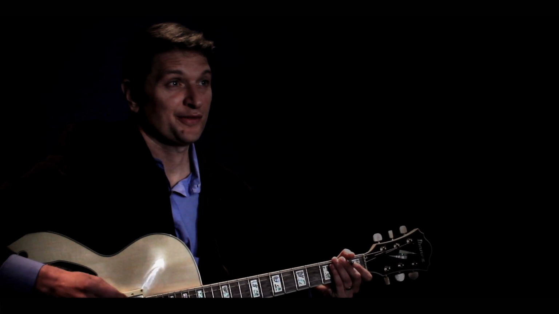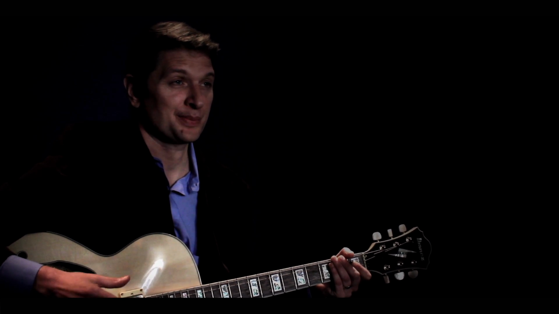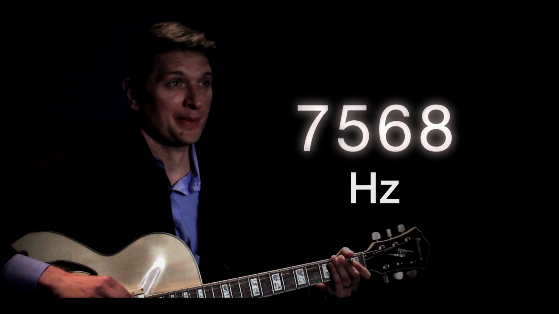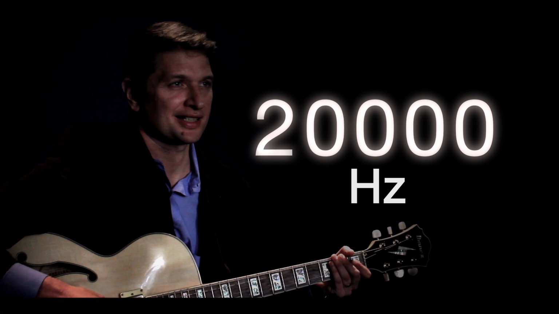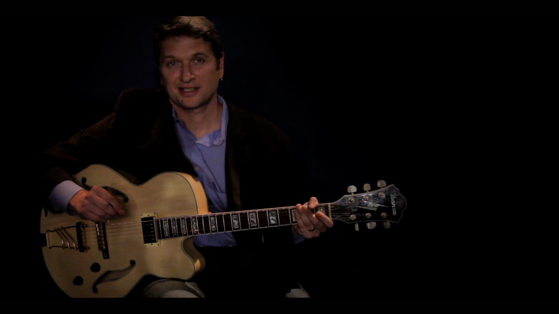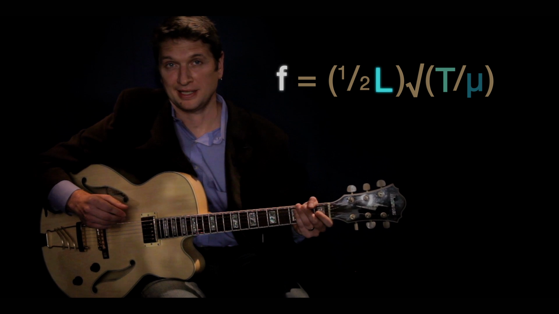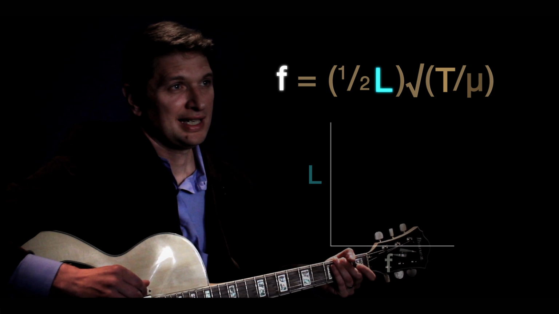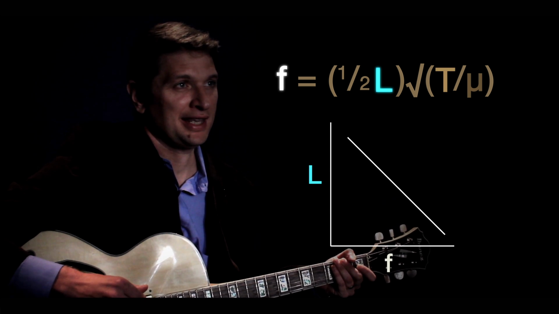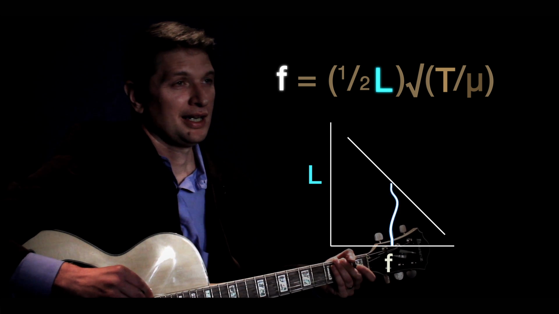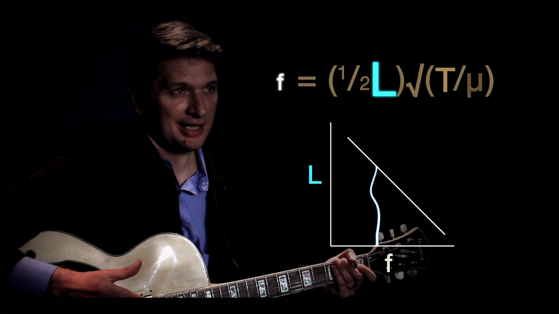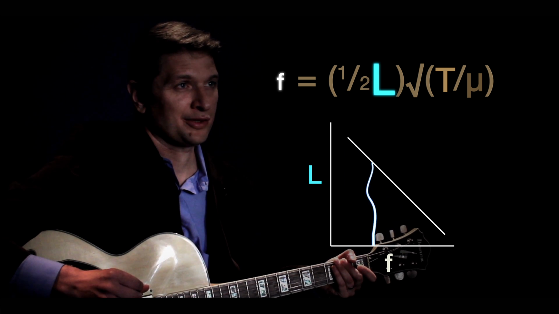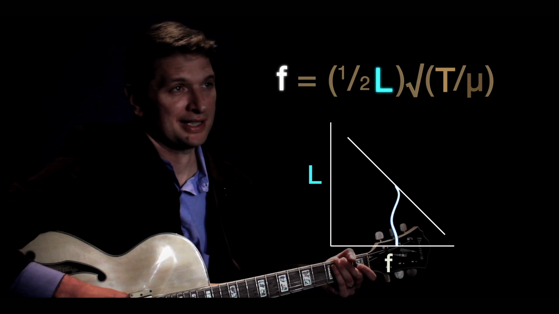We humans perceive frequencies within a certain range as pitches. The range starts roughly at 20 Hz and goes up to about 20,000 Hz or 20 kHz. Notice that the shorter the string is, the higher the frequency or pitch. In fact, the string length can be thought of as wavelength, and there's an inverse relationship between wavelength and frequency. The higher the wavelength, the longer the string, the lower the pitch. And the shorter the wavelength or string, the higher the frequency or pitch.